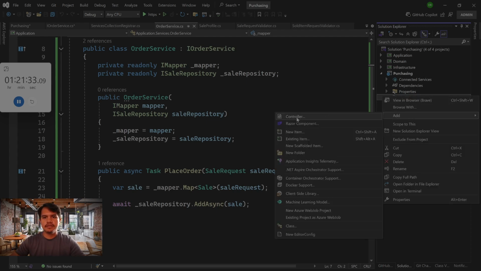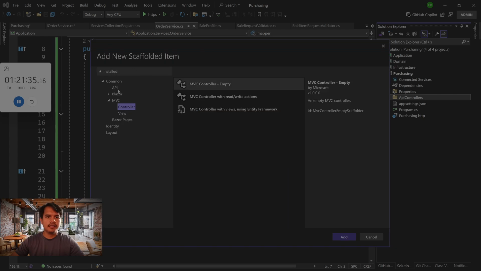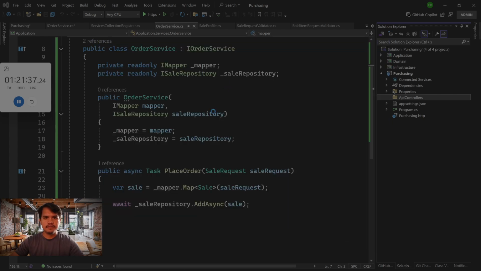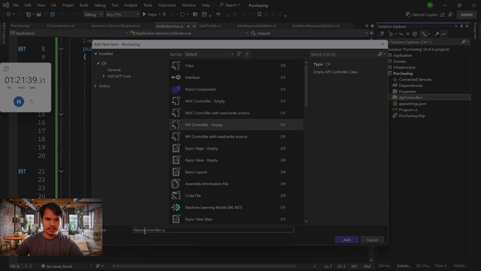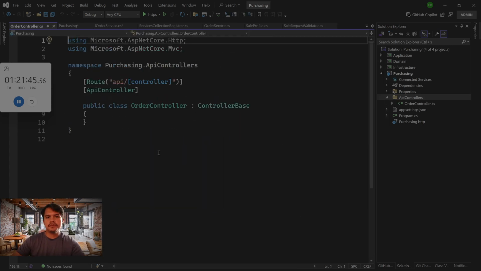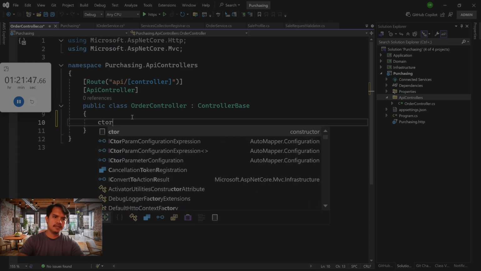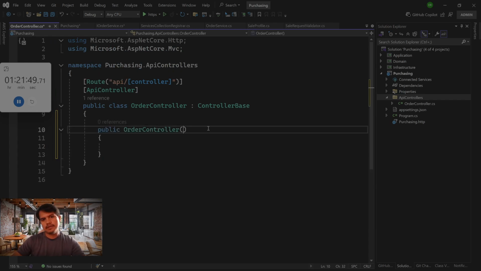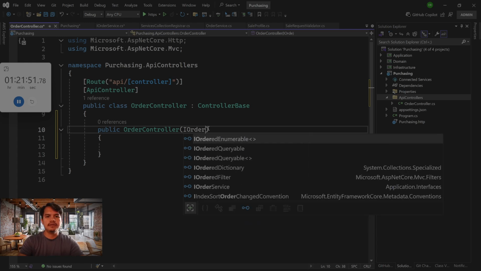Okay. So from here, we can inject our service, the interface for the